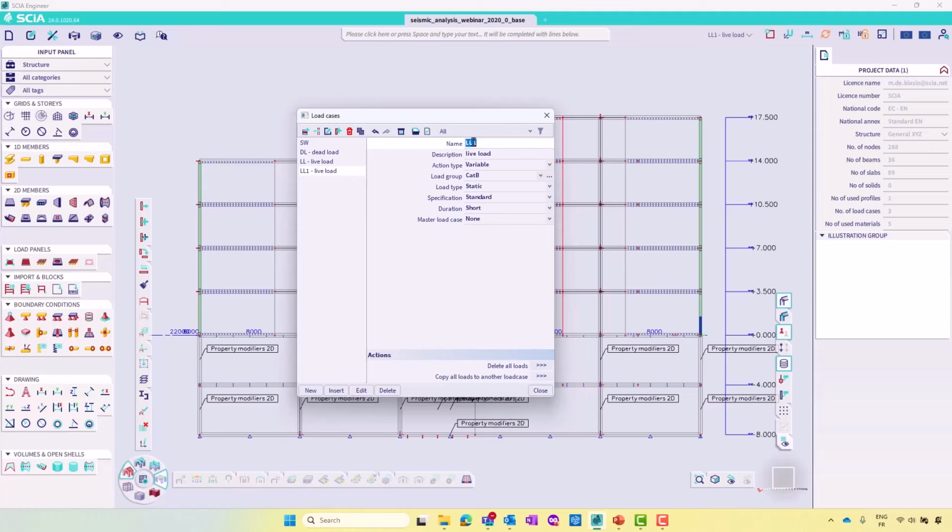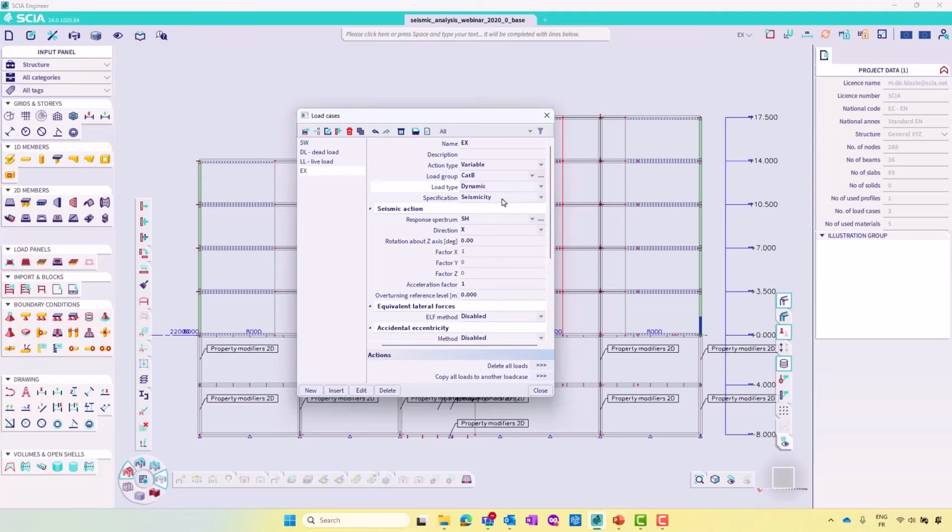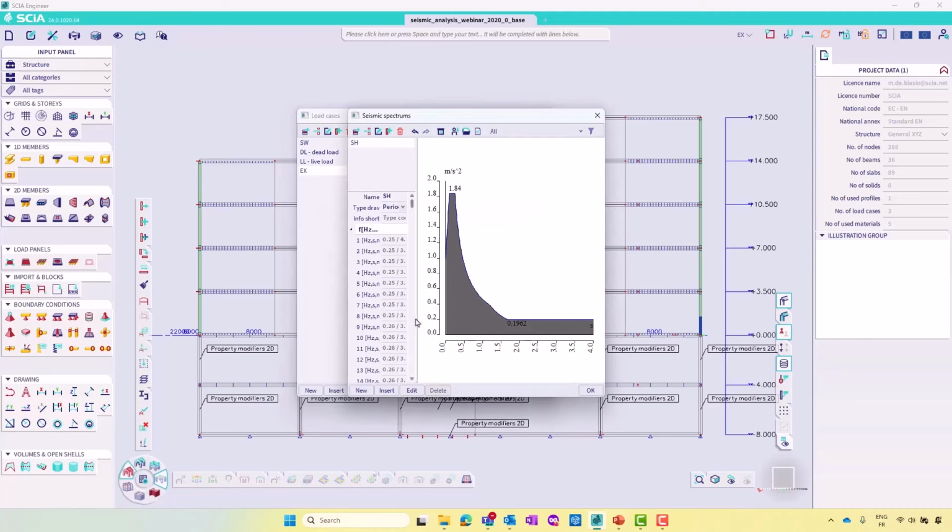I can call it AX, the earthquake in X direction, variable load, dynamic, and it's a seismic load case. Here I already set something before, but I can explain it to you quickly, where I set a response spectrum. You have the possibility to give a response spectrum